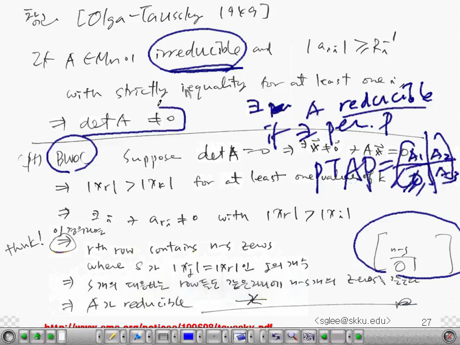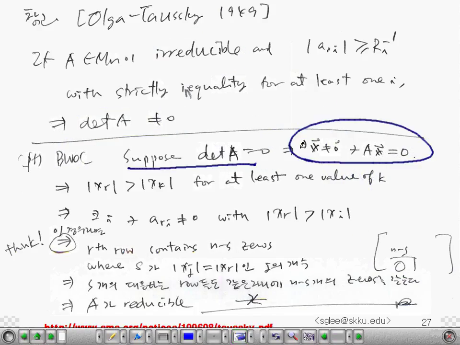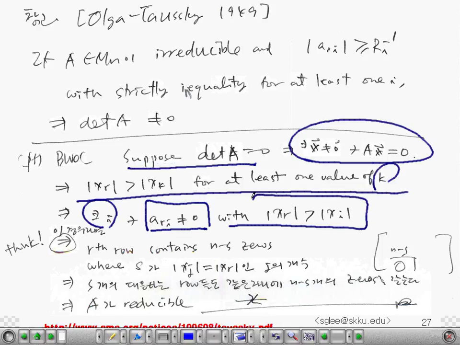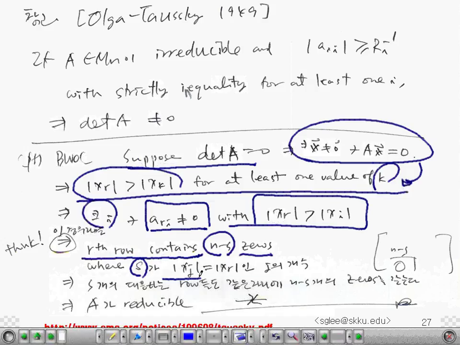So, proof. By way of contradiction, suppose the determinant of A is equal to 0 with the given conditions. Then there exists a non-zero eigenvector. Then there exists an inequality for at least one value of k, like this. Then there exists some i such that the i-th row is not equal to 0 with this condition. It is just the easy consequence of comparing the components. Then this implies that the row contains n minus s zeros, where s is the number of j's that